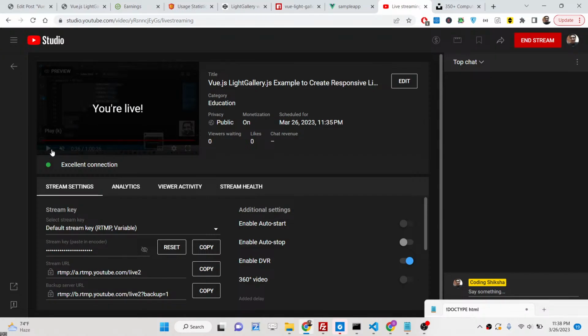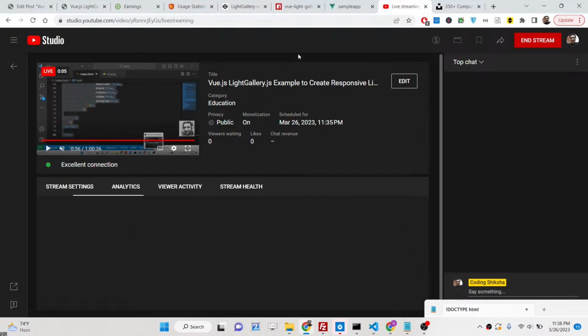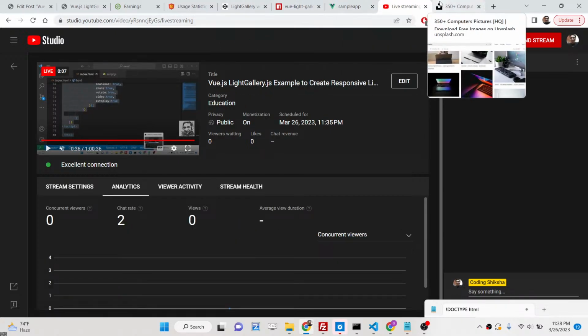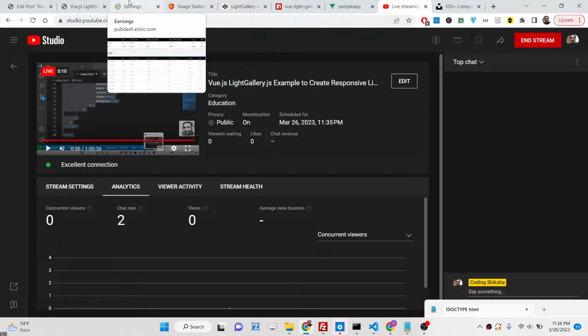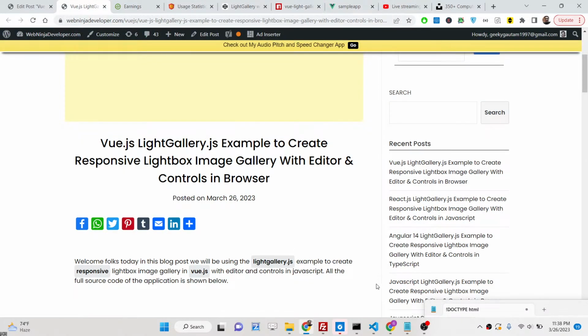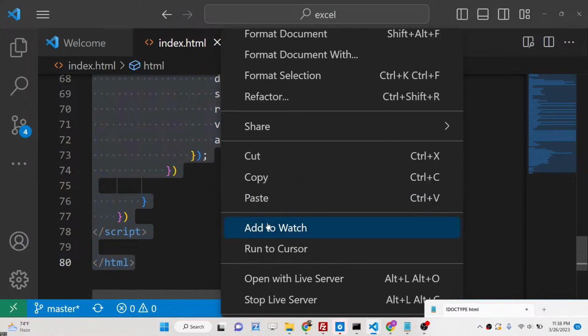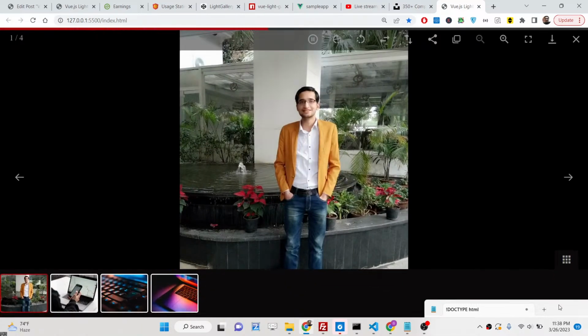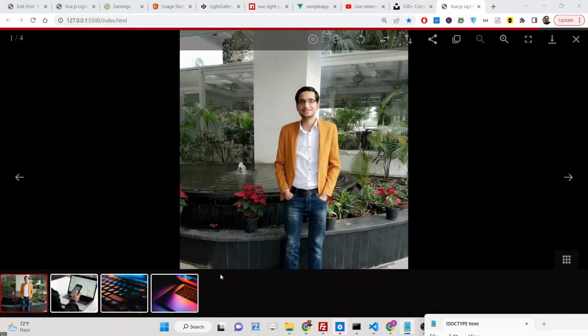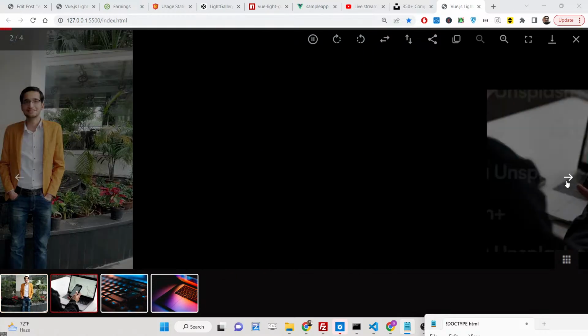Hello friends, today in this tutorial I will be showing you how we can integrate the LightGallery.js gallery library inside your Vue.js application in the browser. LightGallery is a JavaScript library which allows you to display your images right here inside this